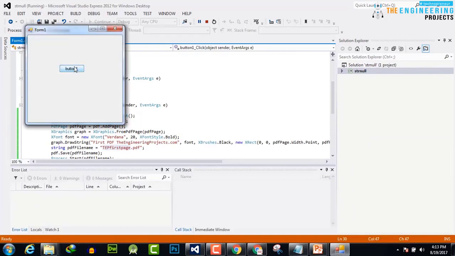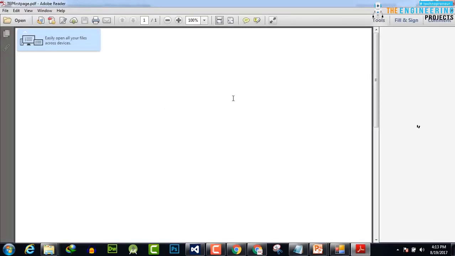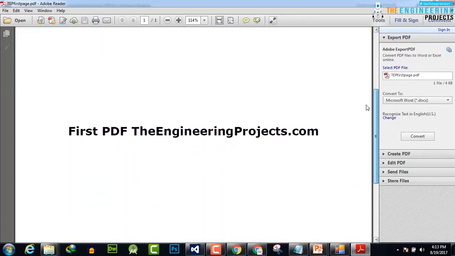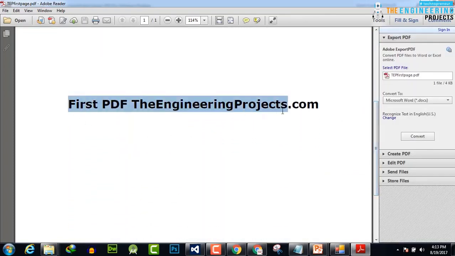Click on the button and wait for a while, and here our PDF file is created and our text is in the center of the PDF file, which is first PDF